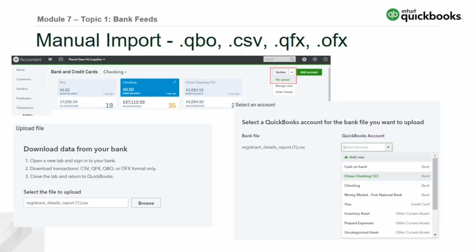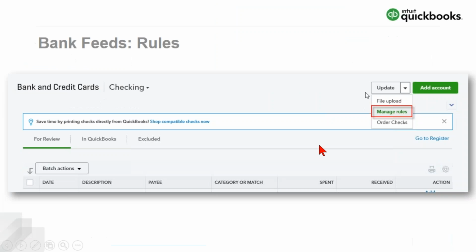So I recommend your first choice is QuickBooks if you can get it. If you can't get it, then either a Microsoft Money or a Quicken file. Your last choice would be CSV. And then you would choose that file to upload right here. So then it's going to say, okay, now here's the file that you said you wanted to upload. Which QuickBooks account do you want to upload that into? So you've got to make sure you get it into the right account in QuickBooks as well. Okay? So you go through and you set up all these bank feeds,